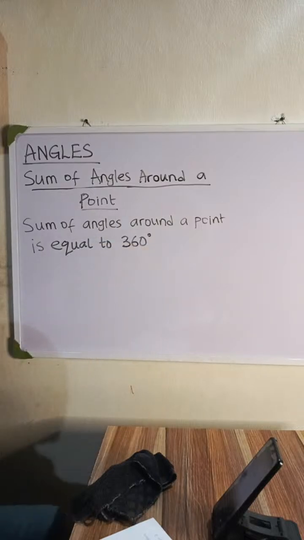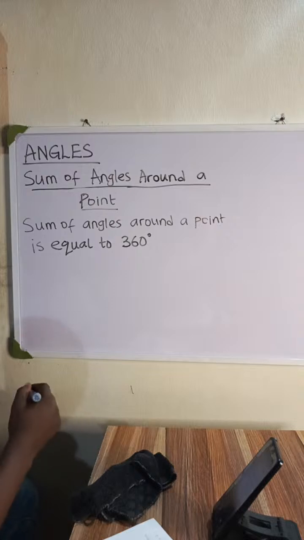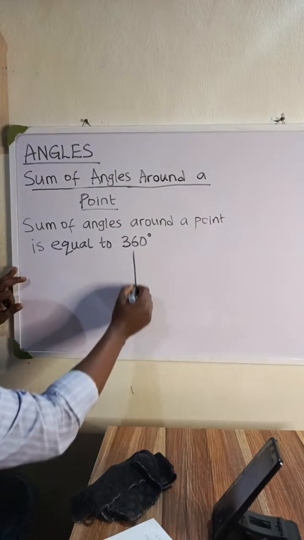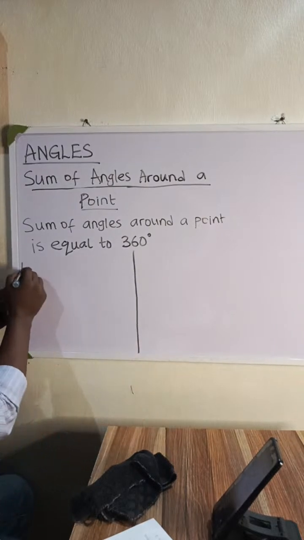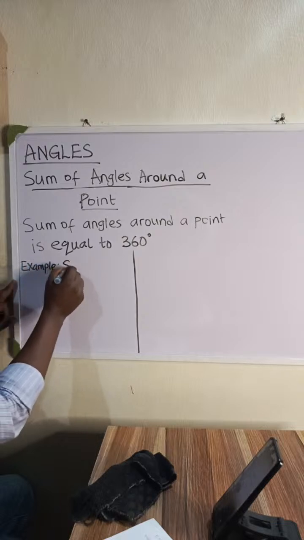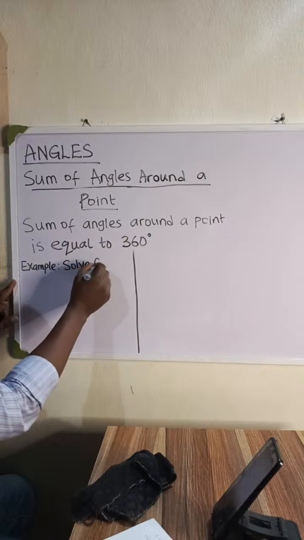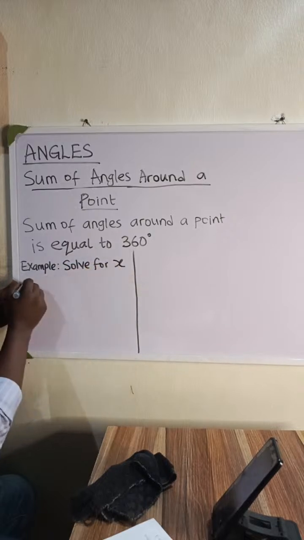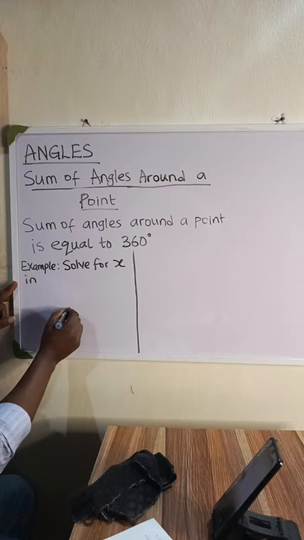So the sum of angles around a point is equal to 360 degrees. That means if we have a question in this form, for example, solve for x, so if you have a point like this,